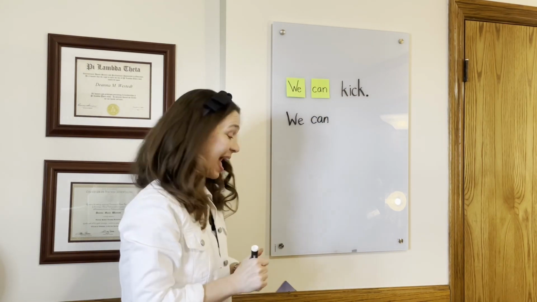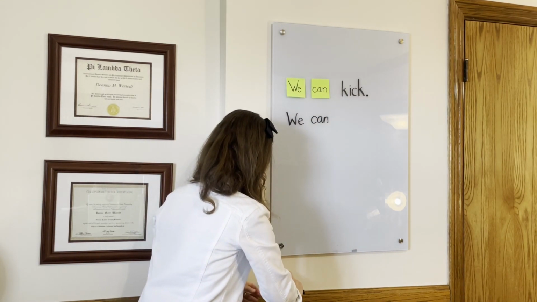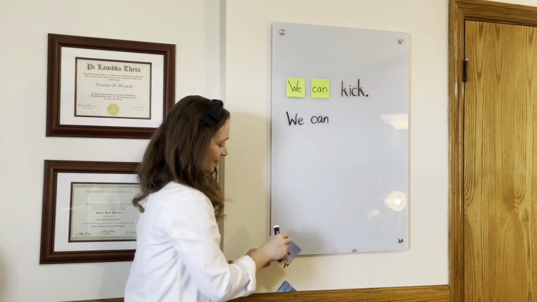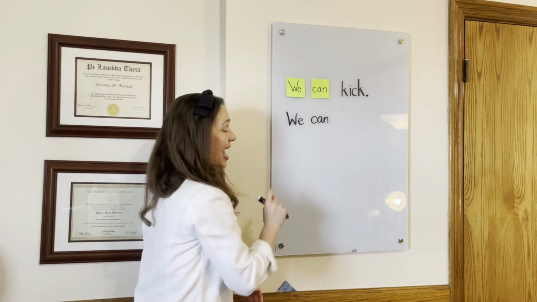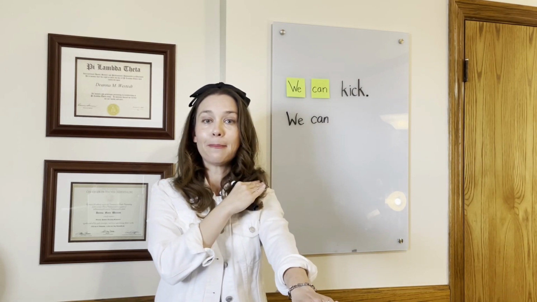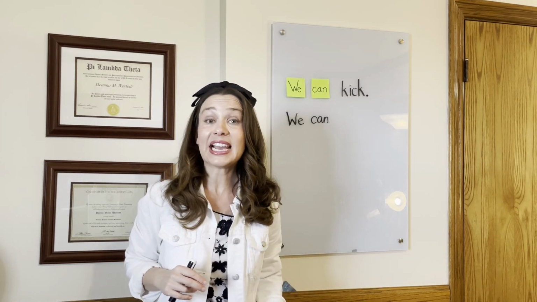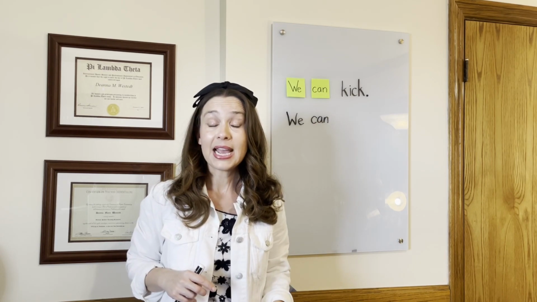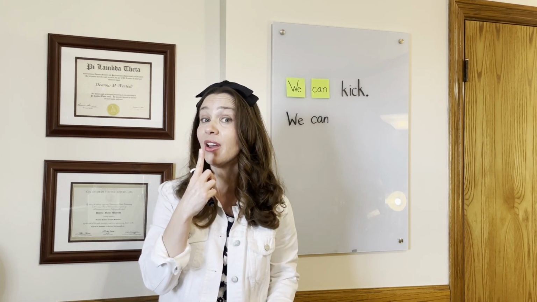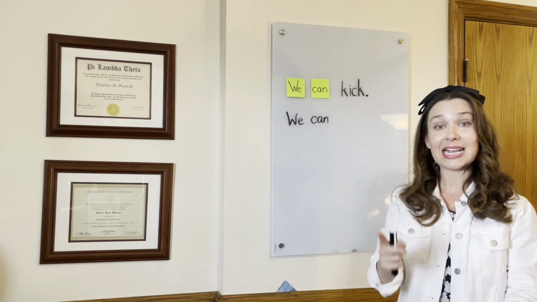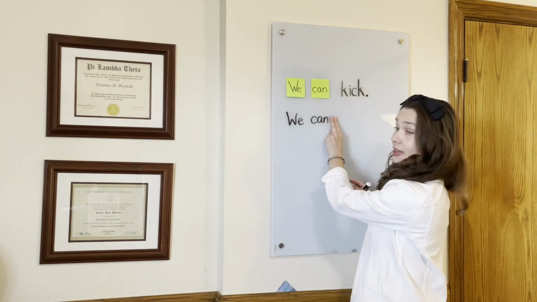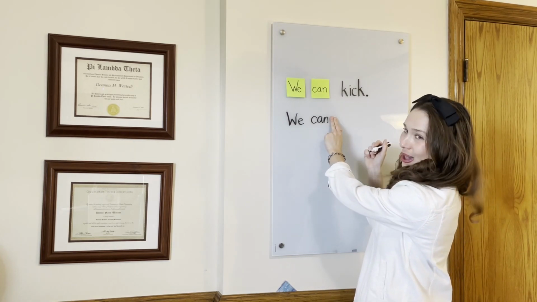and now I need to get my action word. I'm going to get my verb. Here we go. We can play. This is a fun word to add to our sentence. We can play. What did you hear at the beginning of my word play? Did you hear the p, p, p? I heard that too. And I know that the P says P. So I'm going to put my two finger spaces and I'm going to go and write my